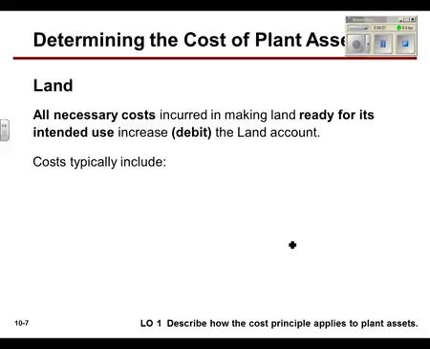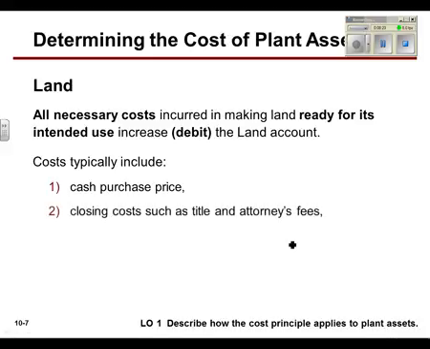Land costs are all the necessary costs incurred in making the land ready for its intended use. Those costs or add-ons typically include the purchase price, closing costs, which happen when you close the deal,